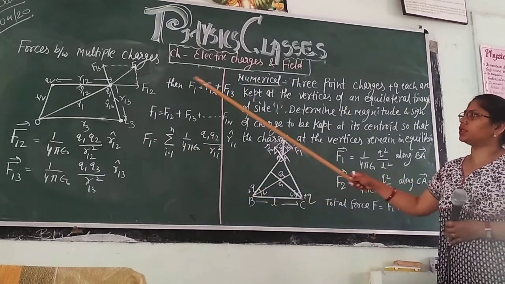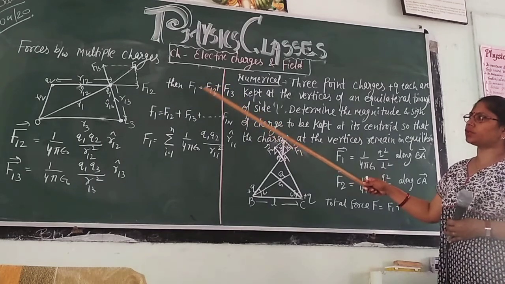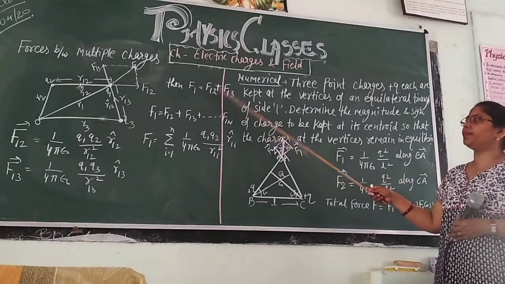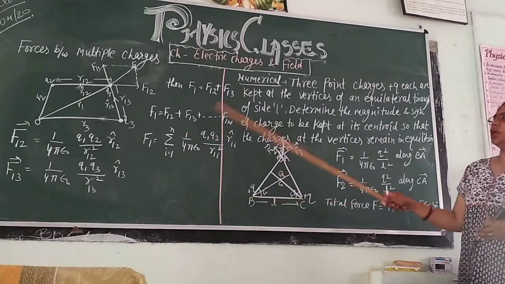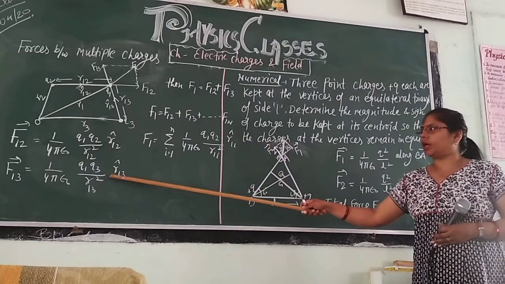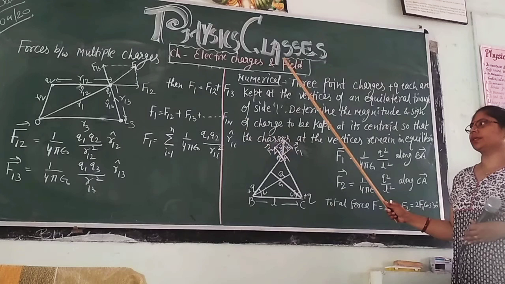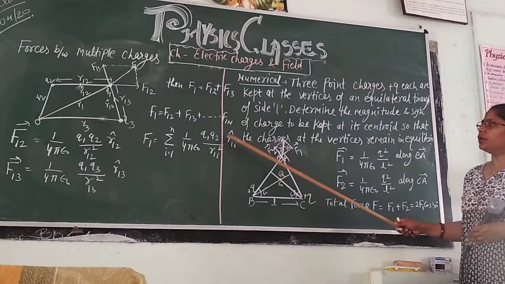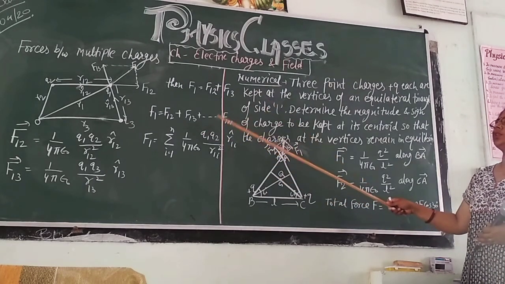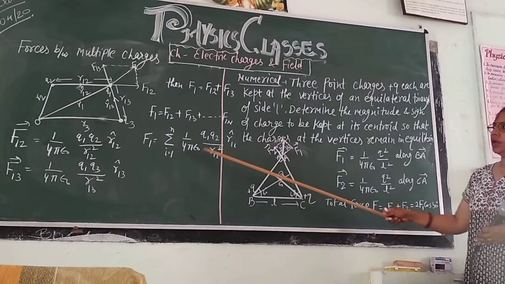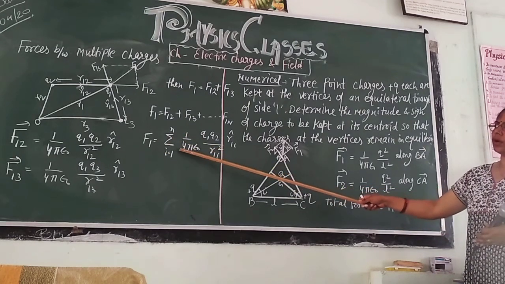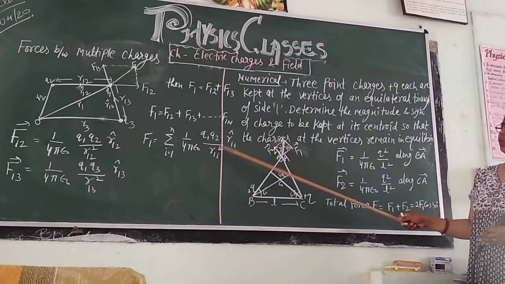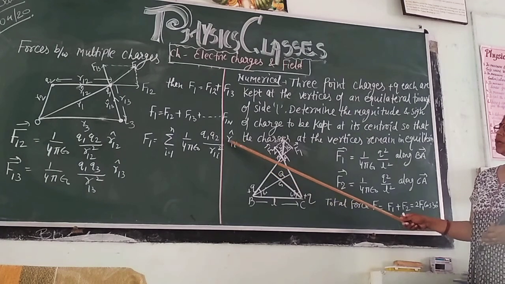Using these formulas in this equation, we can write F1 is equal to 1 upon 4 pi epsilon naught Q1 Q2 upon R12 square into R12 cap plus 1 upon 4 pi epsilon naught Q1 Q3 upon R13 square into R13 cap. We can write this for any number of charges. Instead of 2, 3, 4, we can write i. F1 is equal to the summation over all charges, i is equal to 2 to n, 1 upon 4 pi epsilon naught Q1 Qi upon R1i square into R1i